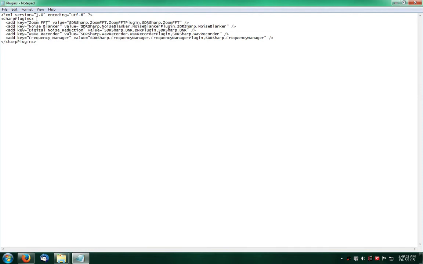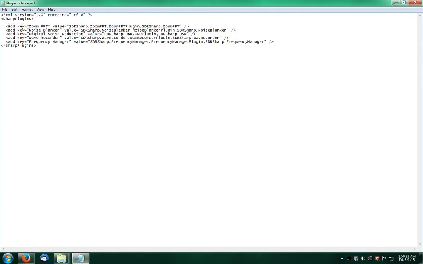The 5 plugins listed here are just the default ones that come with SDR Sharp. I suppose the ones that you don't plan to use you could actually remove if you so desired, but to add one, I like to put mine on the top and put them in the order that I use them, by most used to least used. To do that, you'll want to click at the end of Sharp Plugins here, hit enter, and space over twice,